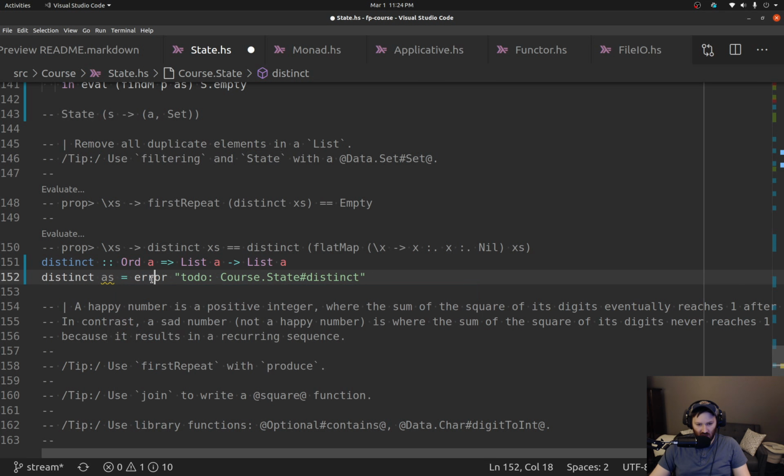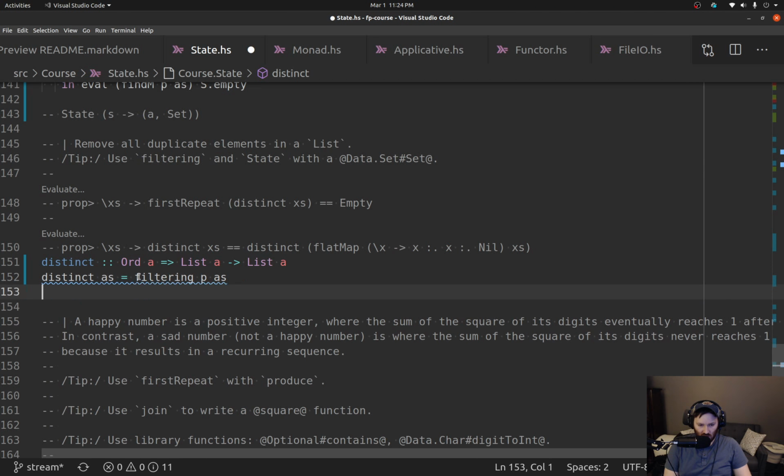Okay, so we have our A's, and then filtering. Let's call this P. And then we have A's where PX equals